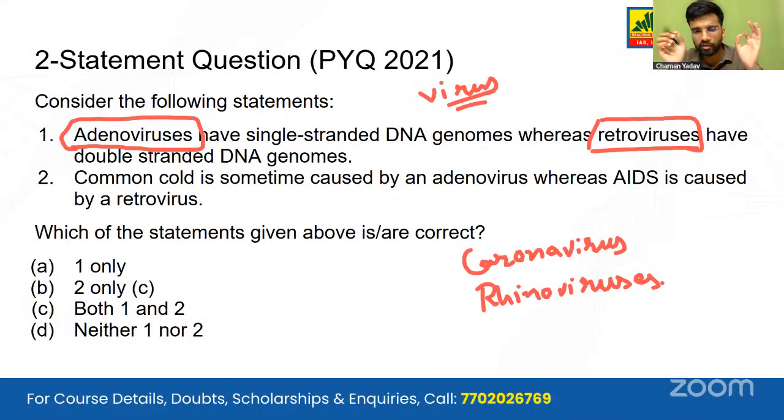So adenovirus and retrovirus have been taken from current affairs, because in any newspaper article you might find a discussion about adenovirus and retrovirus in 2020 or 21. We have to see that adenoviruses have single stranded DNA, and this statement is incorrect. And in these two-statement based questions, if you eliminate one statement with your knowledge or with your luck, then you can comfortably eliminate two options.